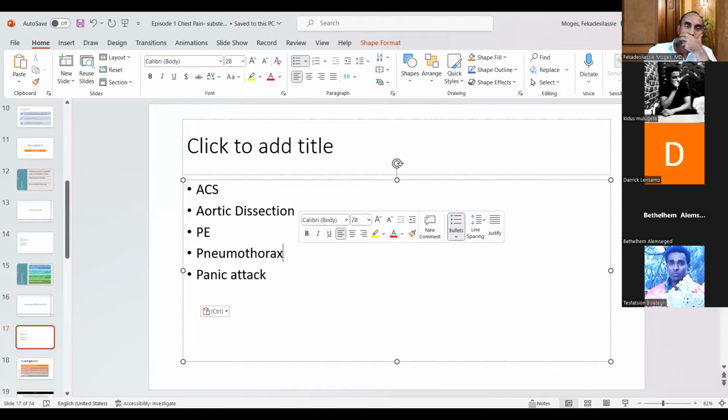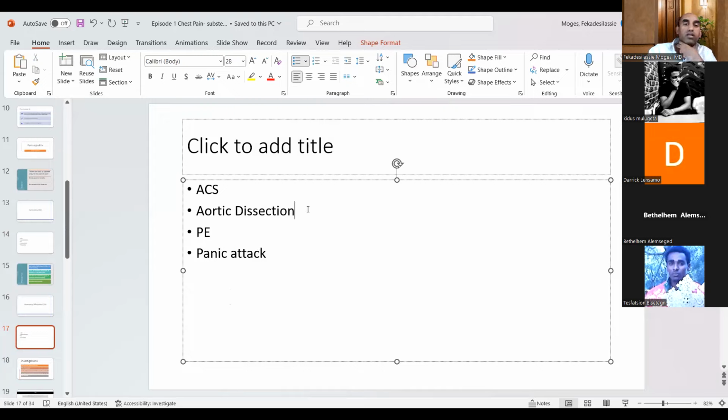Aortic dissection. How can you exclude aortic dissection at this point? Because the patient's hypertensive. I think he's supposed to be hypotensive. No, not necessarily. It's just a dissection. He didn't rupture. In fact, the fact that he's hypertensive makes him at risk for aortic dissection, right? Uncontrolled, significantly elevated blood pressure with chest pain.